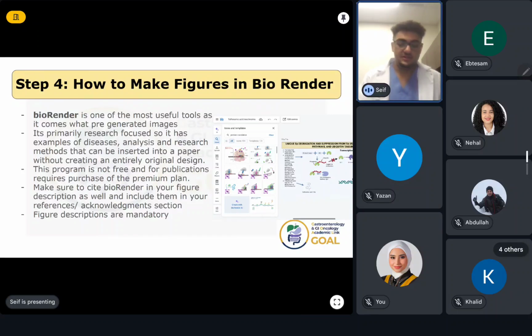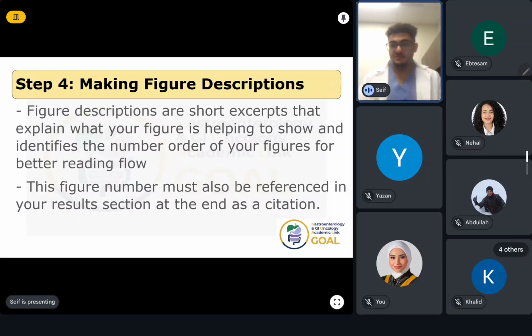So the question now is, if we're going to be citing our figures, how do we cite something with no title, right? That's where figure descriptions and names come in. Whenever we're working on a figure description or a name, you want to make sure that you have a title like Figure 1 or Figure 2, it's fine. And then you explain exactly what the person's looking at, right? It may seem redundant, but it's important, especially when those general understandings might need to be cited from a different paper. You have to include those citations in your acknowledgments